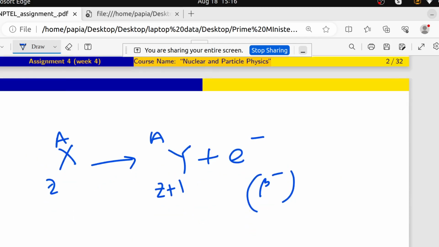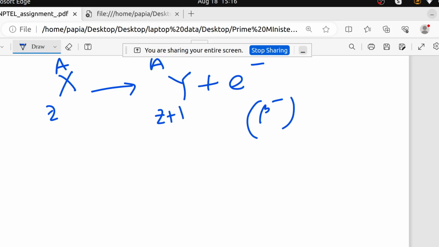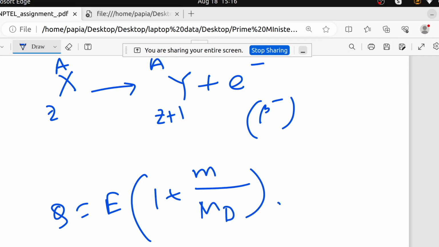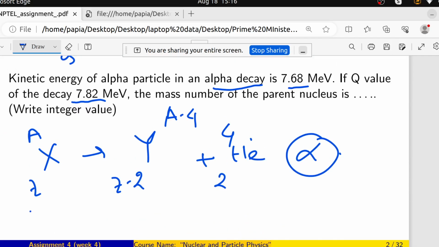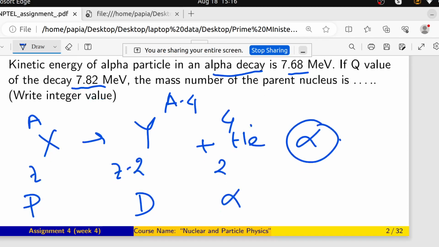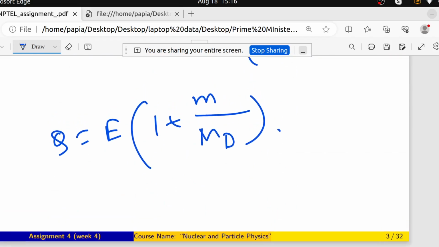In the previous class we have already covered this. We have the expression for the Q value and the kinetic energy relation. That means Q equals E into 1 plus small m divided by capital MD. What are these? This is the parent nucleus, this is the daughter nucleus, and this is the alpha particle, right? So the expression between the Q value and the kinetic energy of the alpha particle is Q equals K alpha into 1 plus, okay,